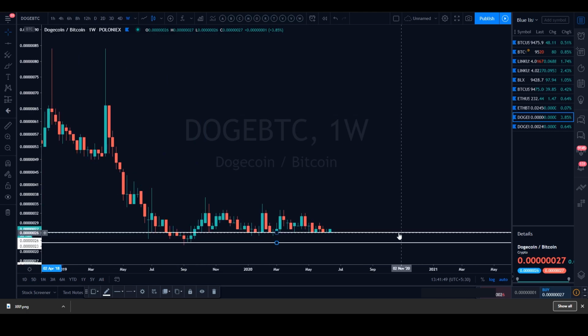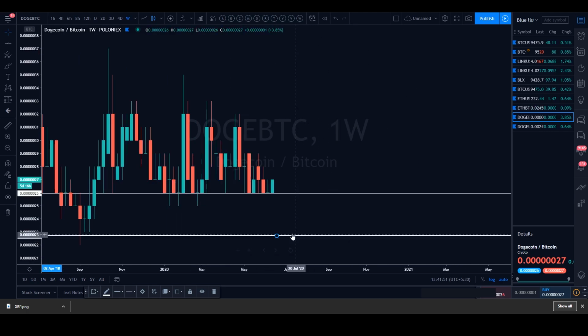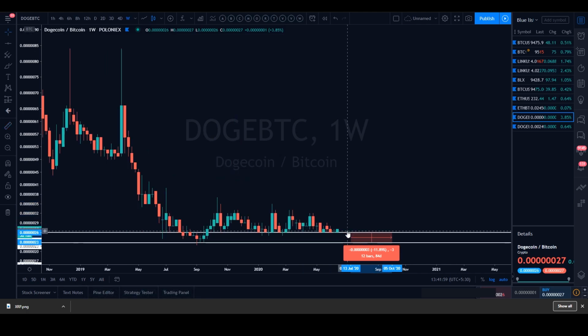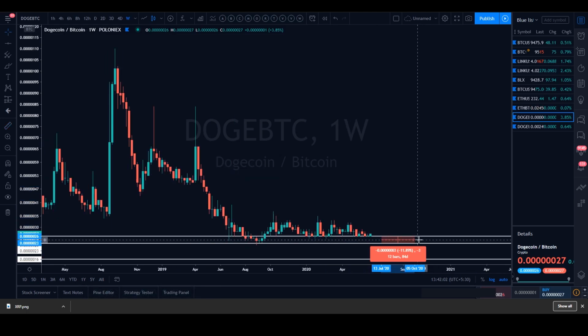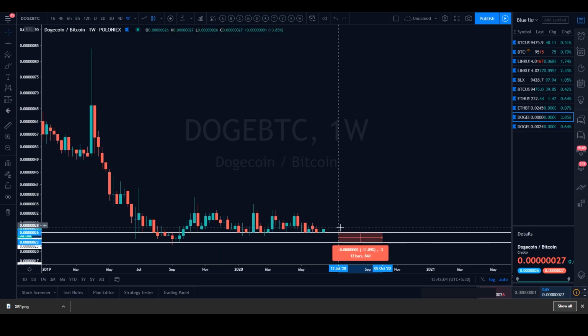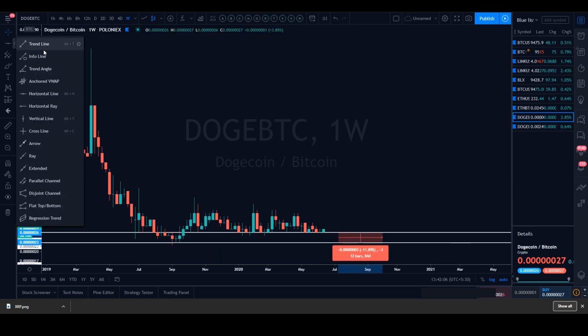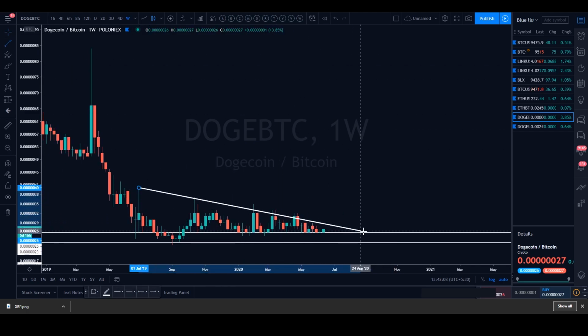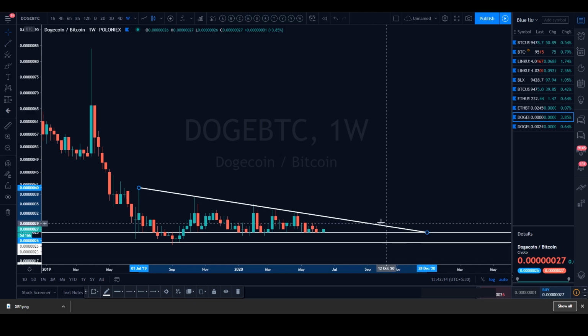Okay, so this is going to be a volatile zone. Say we break the current support to the downside, from price at that 26 sat region all the way down to 23 sats, that's still an 11% move to the downside. Okay, nothing to be scoffed at. What is to note here is that Doge may very well be putting in some sort of pattern. Right now, from a more technical standpoint of just looking at patterns, this looks more like